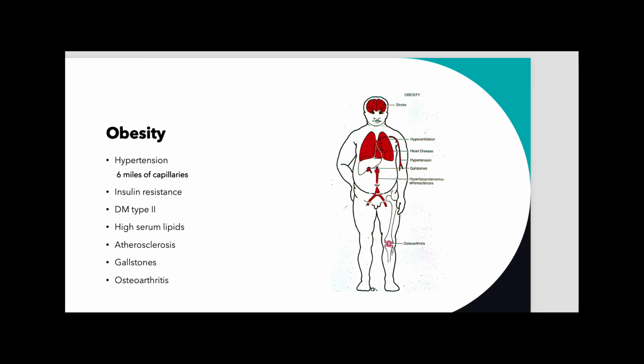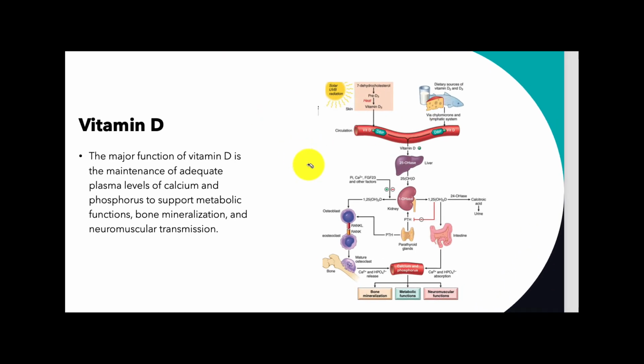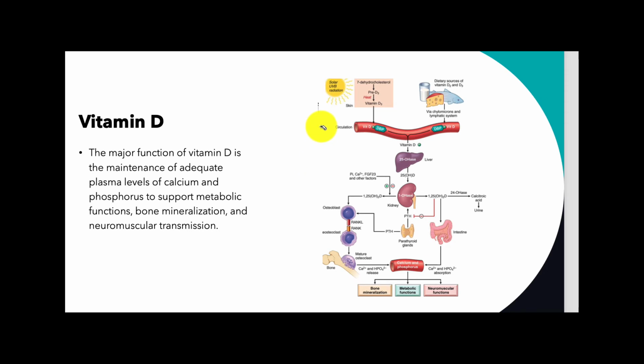So what is a mechanism? Well, let's look at vitamin D. Here we go. This is vitamin D. For vitamin D to be taken into the body and to be utilized, it's a pretty complicated process, right? We need to have dehydrocholesterol. We need to have pre-D3. When we get sunlight, that pre-D3 gets converted into vitamin D3 in the skin, and then that will be converted in the bloodstream to a usable source of vitamin D, but that vitamin D has to go into the liver, and then it has to go into the kidney. It's a very, very complicated process, and this is what I'm going to ask you to explain to me.